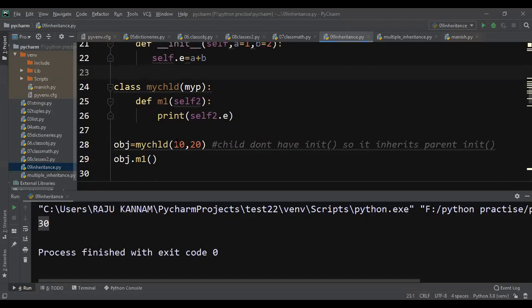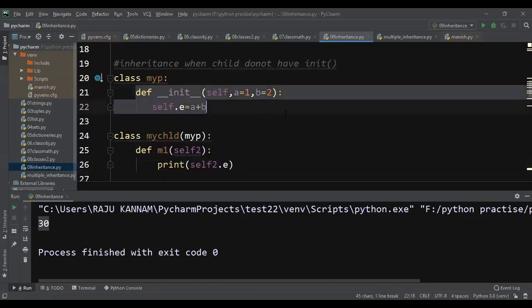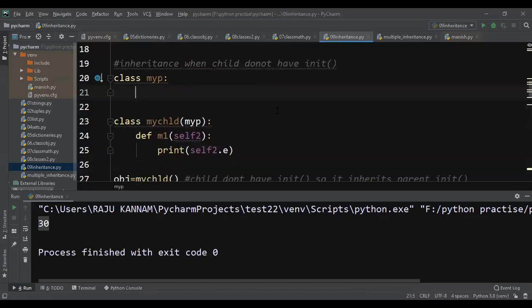Now my child, for example, does not have any constructor. In my parent also, I don't declare any constructor. I will simply declare a definition, that is, a function fun123.